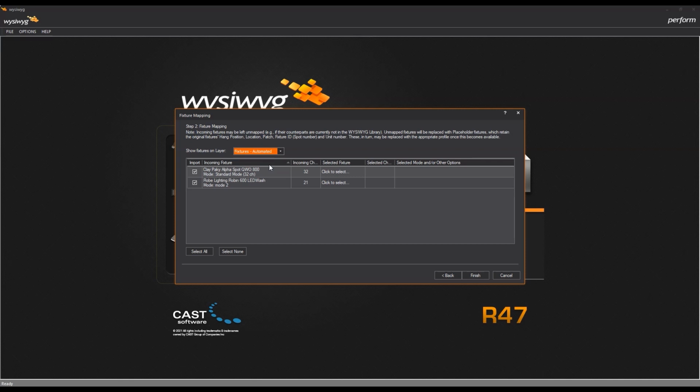but it can be useful when you have little or no information about the incoming file. For example, in this file, if I choose the fixtures LED layer, I see that the PAR64 fixtures have been placed on this layer. However, this layer is entitled Fixtures LED. I know that these fixtures are conventional fixtures, not LED fixtures, so I'm not quite sure what's going on with them, but I will leave them for a second and we'll come back to them just before we finish the import wizard. So I'm going to switch back to see all the layers